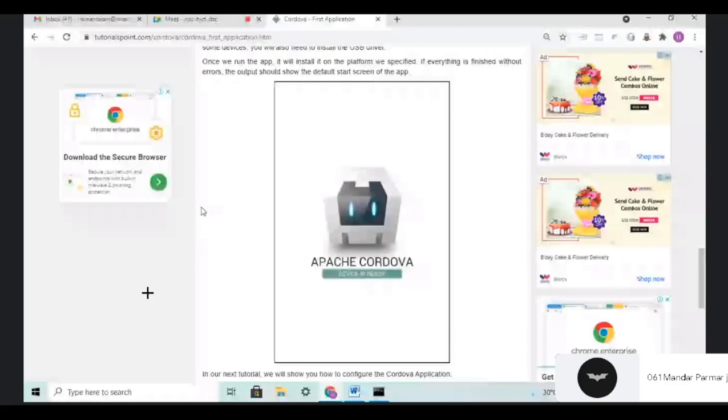Look at the screen. Questions may ask you what is an API, what is Cordova. You should remember that Cordova is a platform for building your hybrid mobile apps using HTML, CSS, and JavaScript. Okay. What are the features? You should know the features of Cordova. CLI, what does it stand for? Command line interface. Okay. Then any two advantages. You should know all the advantages and benefits of Cordova. Then limitations, what are the limitations. Okay, so these are the simple questions we will ask.